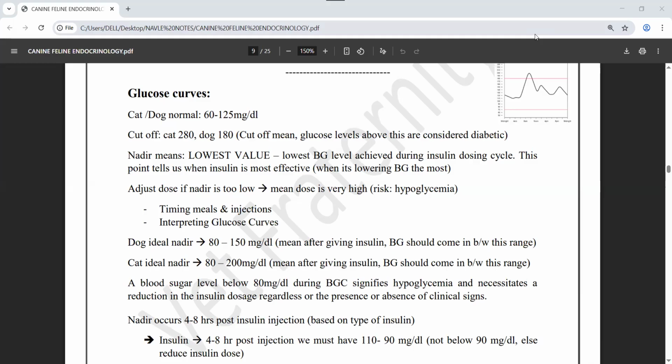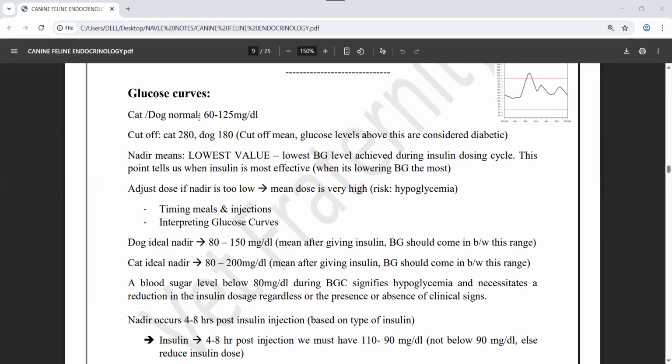We are going to talk about glucose curves. This is a very important topic, a point regarding MCQs, because after you have diagnosed the patient and injected the insulin, you have to regularly check at what dose rate the animal should be maintained, and how often you are going to give follow-up or regular checkups, to see whether the animal is stable on the insulin dose you are using. Once a diabetic, always a diabetic; that animal is going to stay diabetic for its entire life, and you have to maintain the animal on insulin.